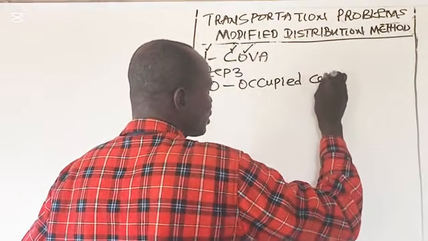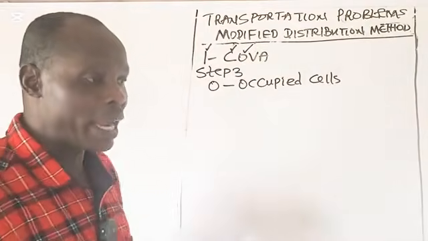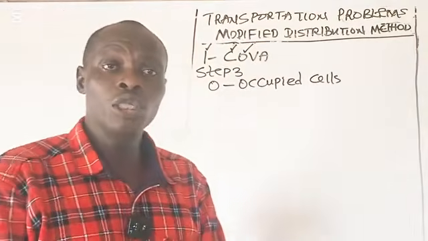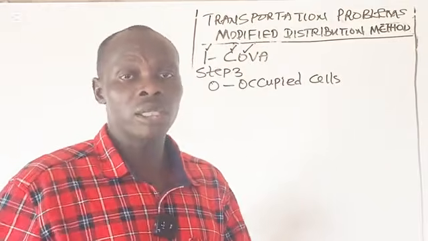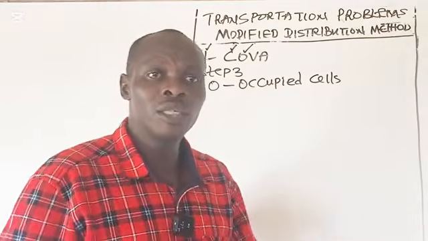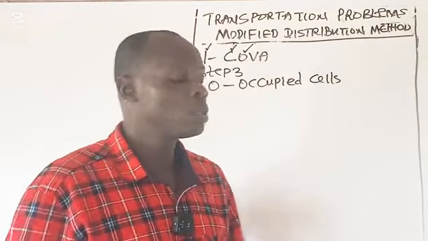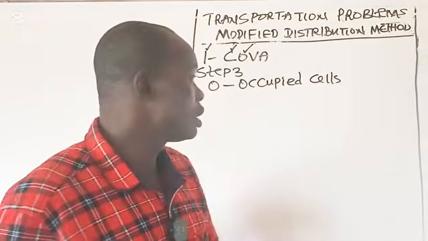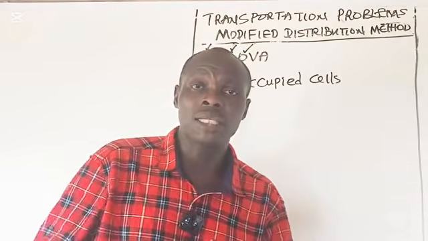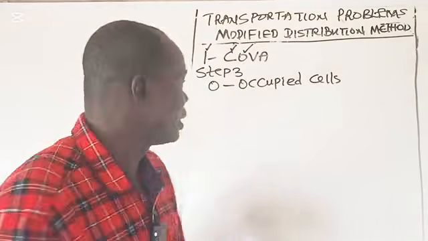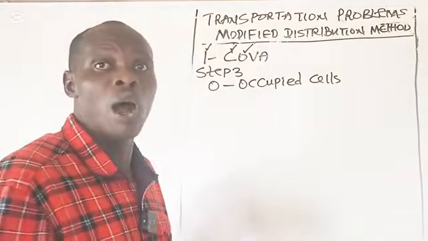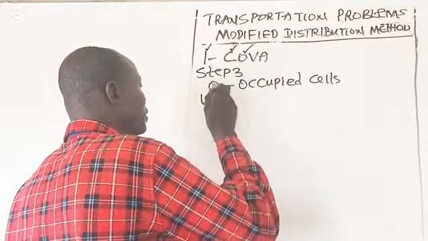O for occupied cells. Occupied cells are the cells into which assignments are made. When the initial feasible solution was obtained using either the northwest corner rule, the least cost method, or the Vogel method, the cell into which the possible assignments were made, that cell is known as the occupied cell. For the occupied cell, use the formula